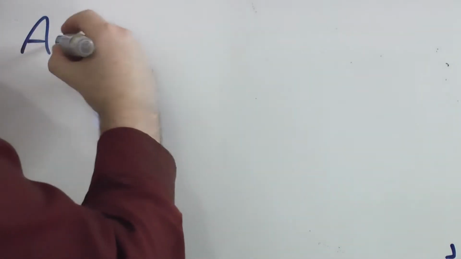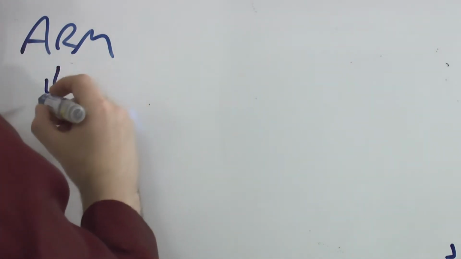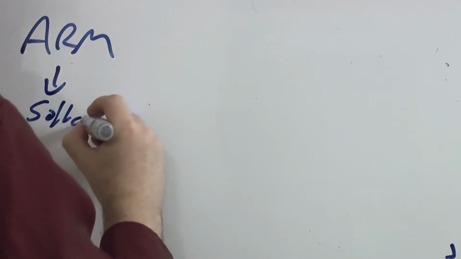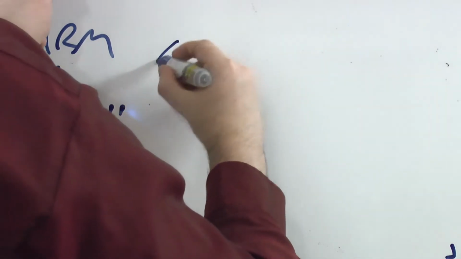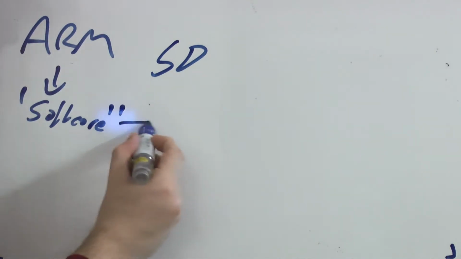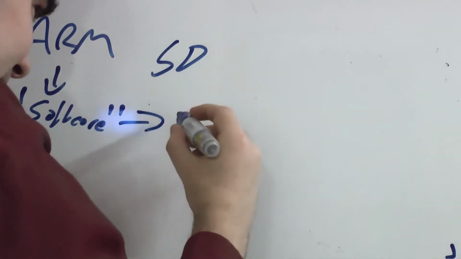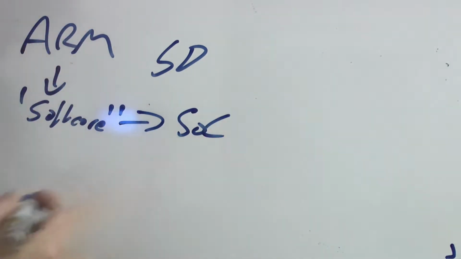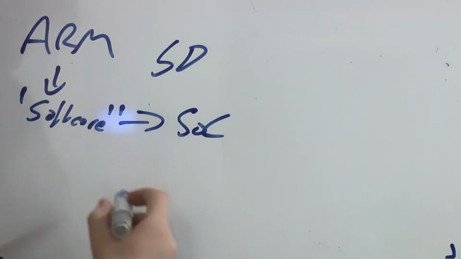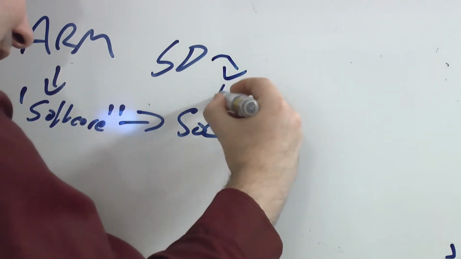Well, to answer the question what the whole open hardware is about, we need to look at the traditional process. We've got ARM here. ARM basically makes a soft core. It's like an architecture description. It describes how the controller has to work. And in the next step, a vendor like GigaDevice licenses the soft core, and then makes the actual system on chip or microcontroller. They take the soft core and they add the peripherals,